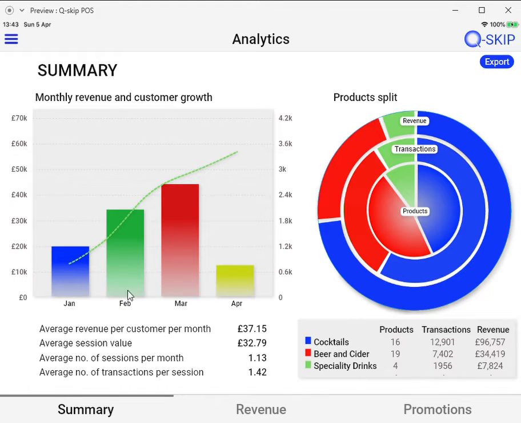We have a chart here which has, on the left, monthly revenue, then on the right, customer growth. So you can see here that January was the starting month, so that was around 20 grand. Then it went up, more and more people coming back,